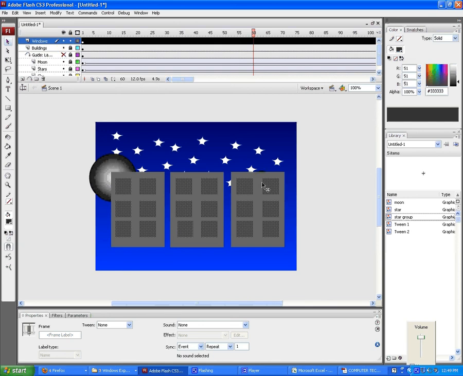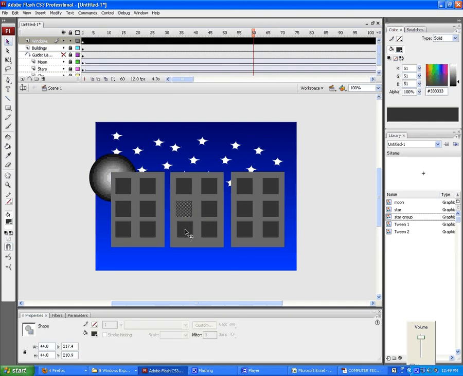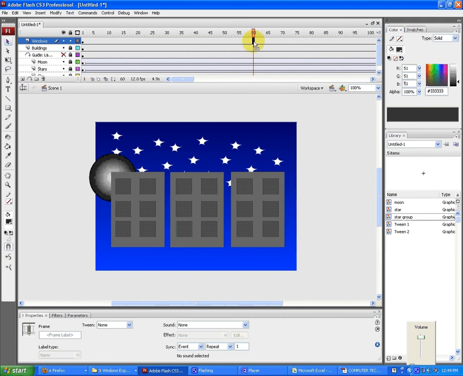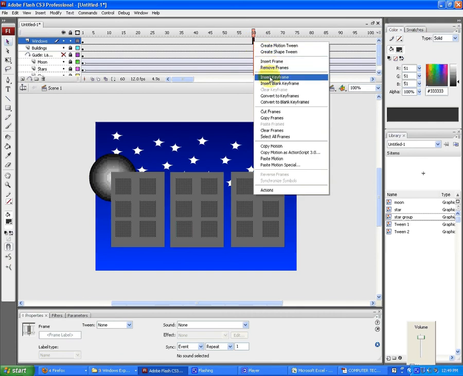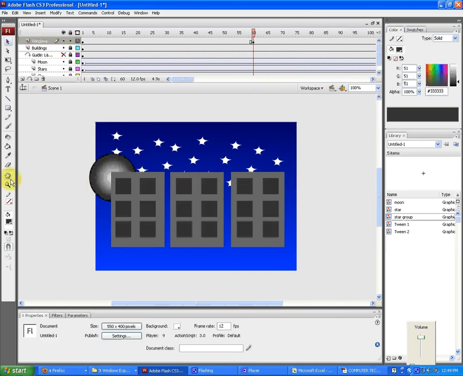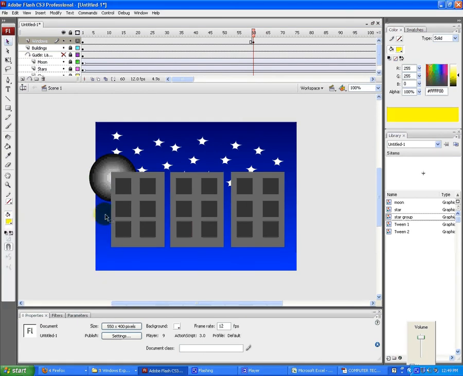Okay, what we want to do now is here about frame 60 on our Windows layer. Let's go ahead and insert a keyframe, or convert to keyframe. Let's do that. Okay, then let's come down here and change our color, our bucket fill to yellow, and we'll just come over here and grab our bucket tool and we'll fill one of these windows. Okay, come over here a couple more frames, right click, convert to keyframe,